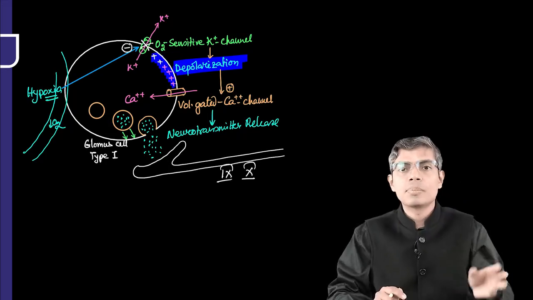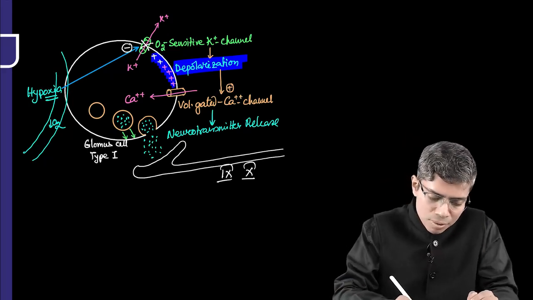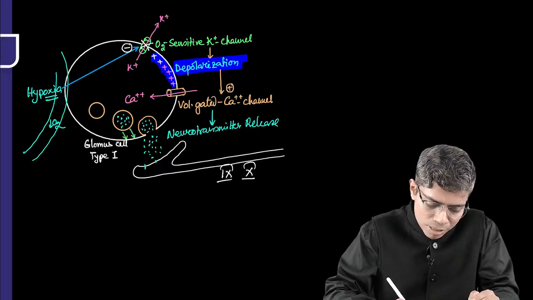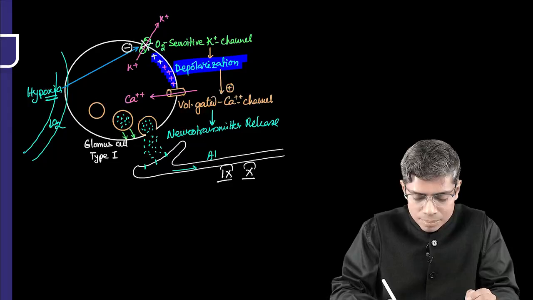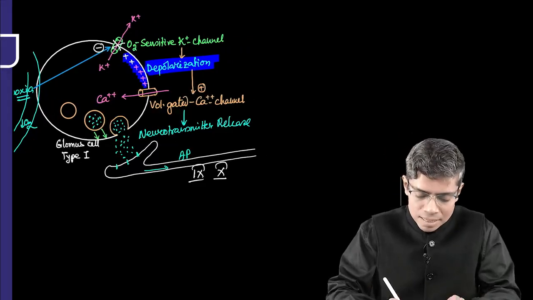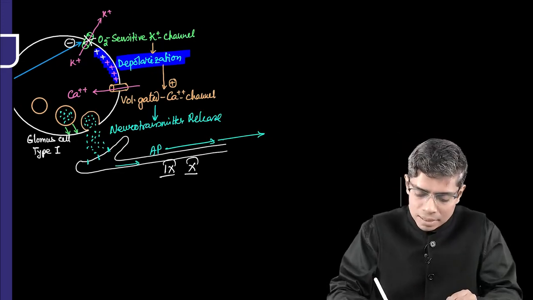If it is the carotid body, then the 9th nerve, and if it is the aortic body, the 10th nerve. This neurotransmitter stimulates the neuron, and because of the neuronal stimulation, an action potential is generated, and this action potential will ultimately travel to the